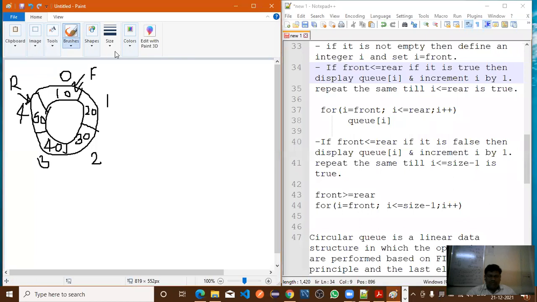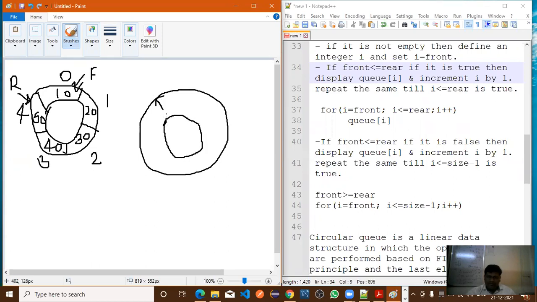Just let me draw the diagram here. Same diagram I will draw here. Now all of you pay attention here. The same diagram I have drawn. Now 0, 1, 2, 3, 4.